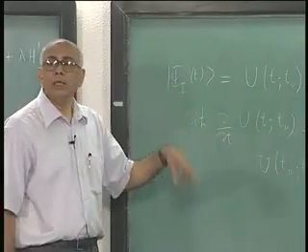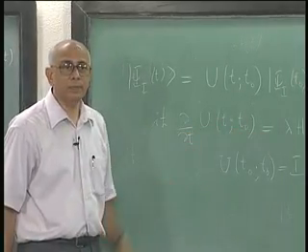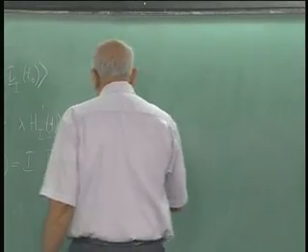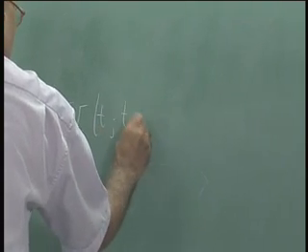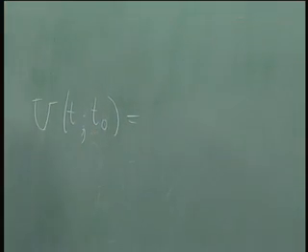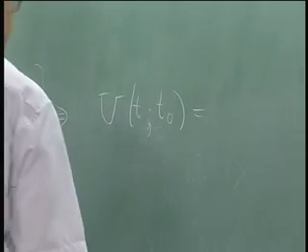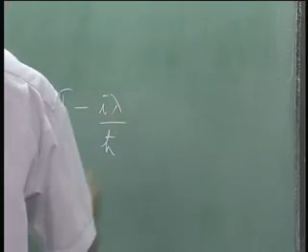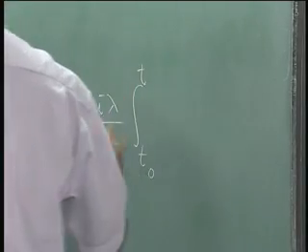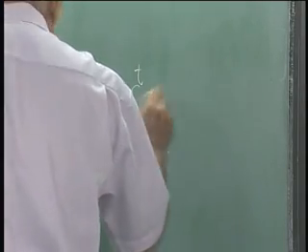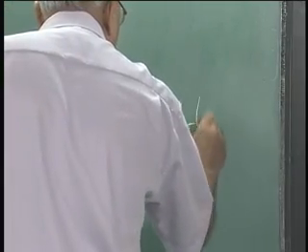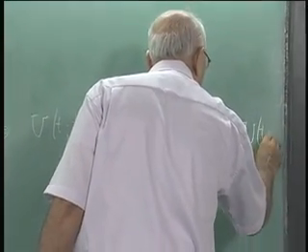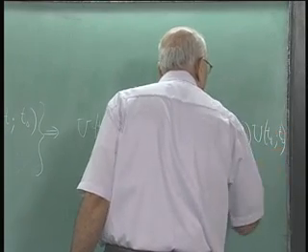But as it stands, this is not a trivial equation to solve, and therefore the first thing you must do is to convert this into an integral equation. This differential equation is entirely equivalent to saying that u of t, t0 is equal to I minus i lambda over h cross integral from t0 up to t dt1, say some fiducial time, H_I of t1 u of t1 with t0,